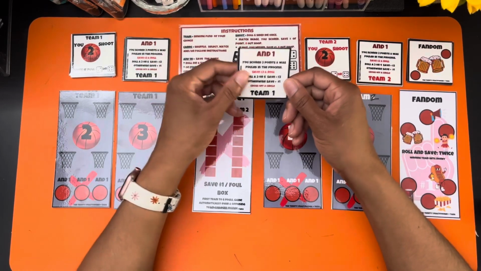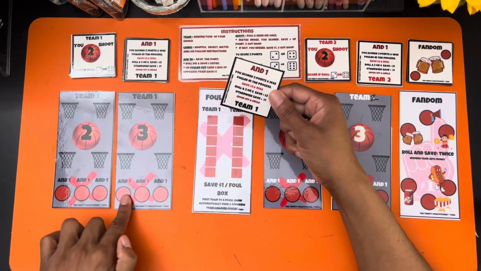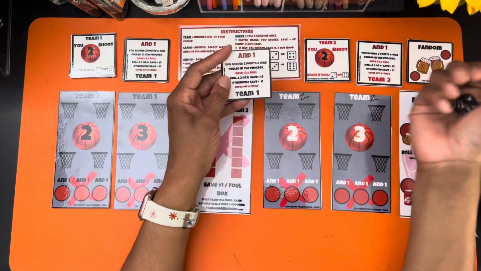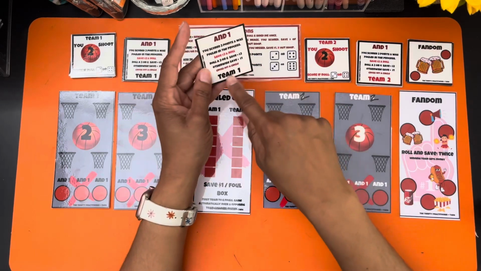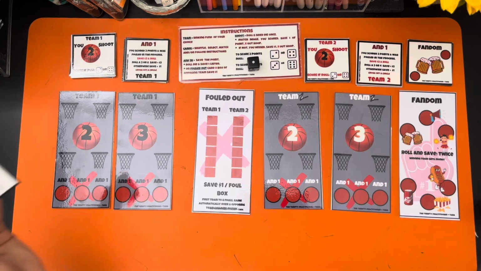Save $3 and roll. All right, so there we go. We're going to go over to the 3. This is the and 1 down here where the circle is. I already know what we have to do because the picture's right here. It tells us what we roll, just in case it's not on here, but it's on here. So we're going to roll. If we roll a 3 or a 6, man, we